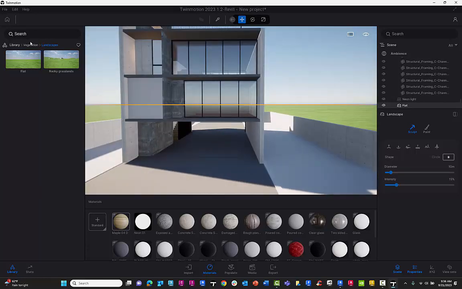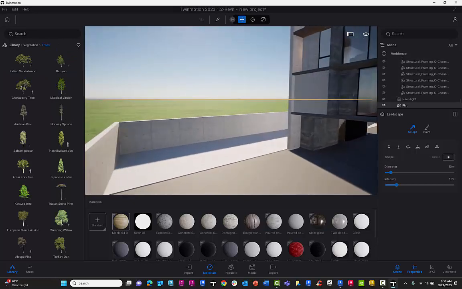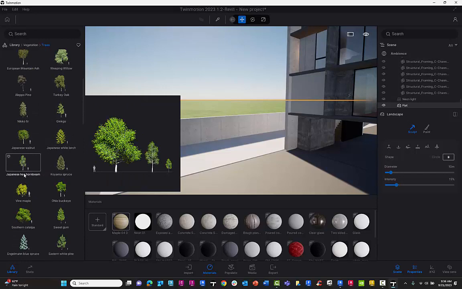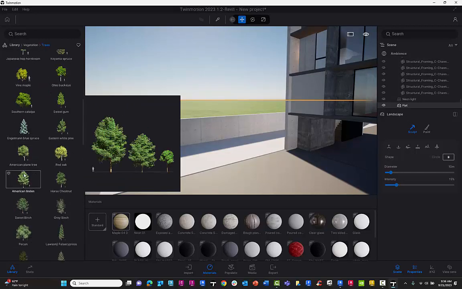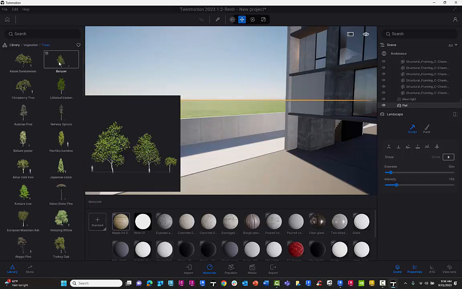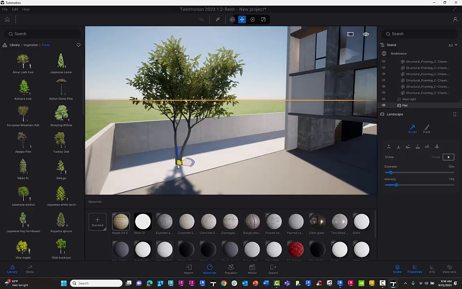For vegetation, we have trees. So here, if I want to have a tree out in the courtyard, I can choose some of the trees here that are built into the library, which have some smarts within them. However, if you want to, you can bring in your own library data here. And so there's a workflow to get that in and then put it into folders should you want to customize it. So out of the box trees, if we just get, say, a European mountain ash and place it here